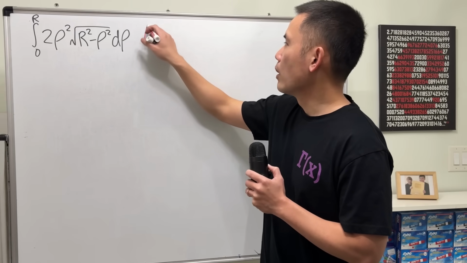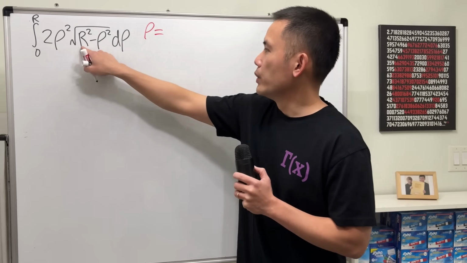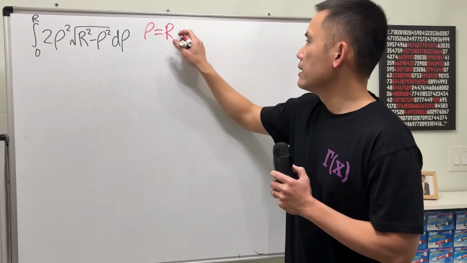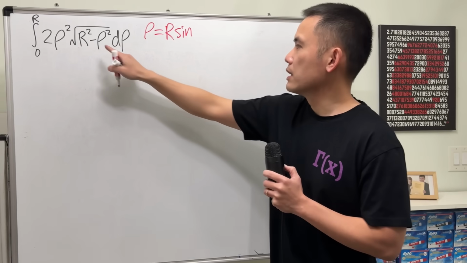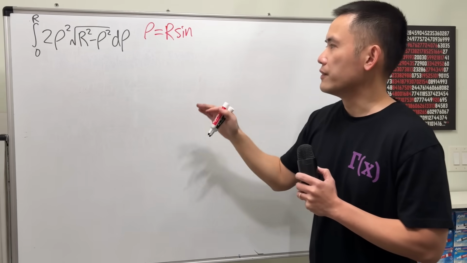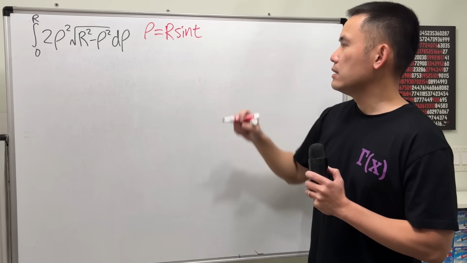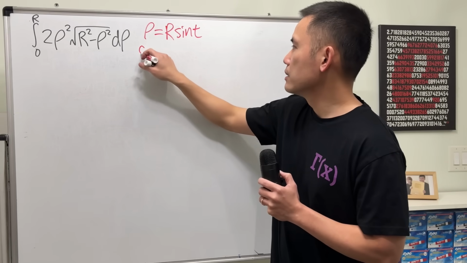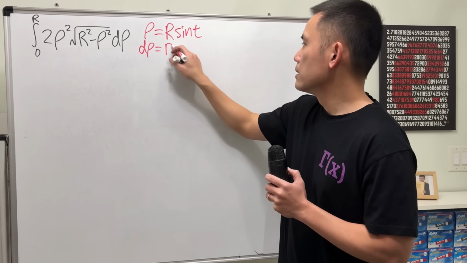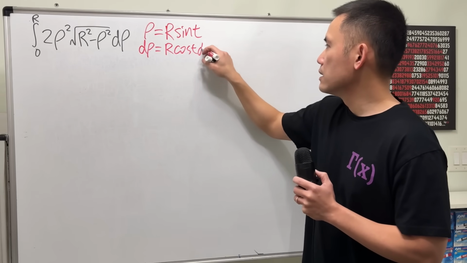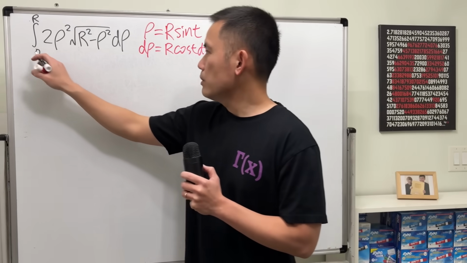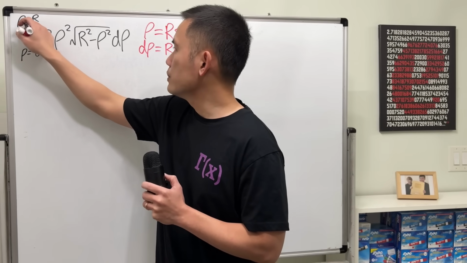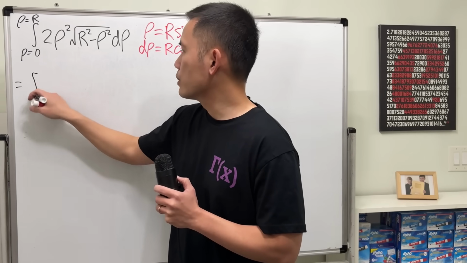I'm going to take rho equal to, we need a constant r, and then we are going to use the sine function because we have the constant squared minus the variable squared. I'm going to use t because earlier we used theta already. And then go ahead and differentiate that. It's r cosine t dt. And remember, these are the rho values. So when we go to the t world,